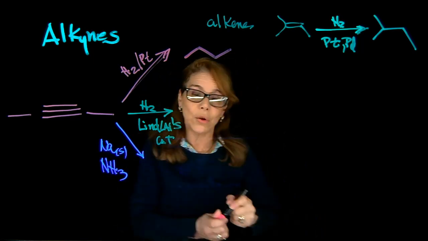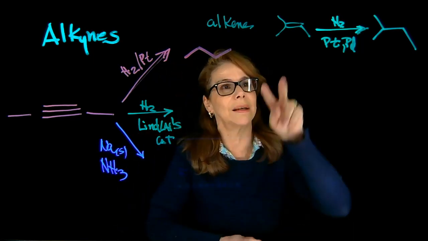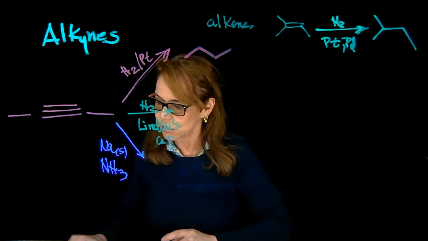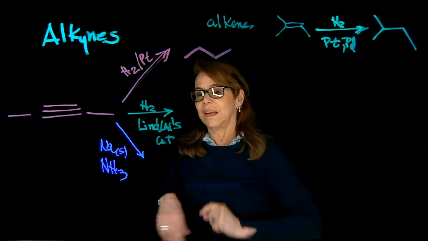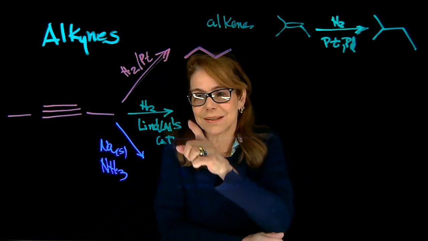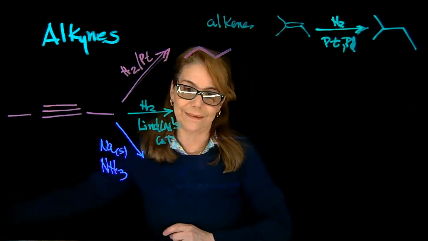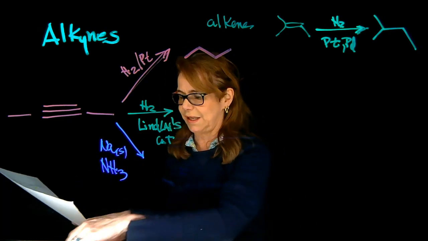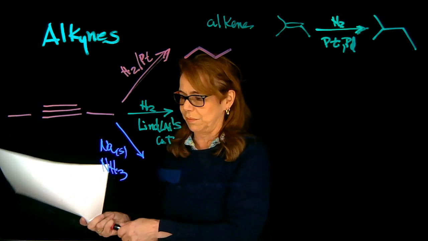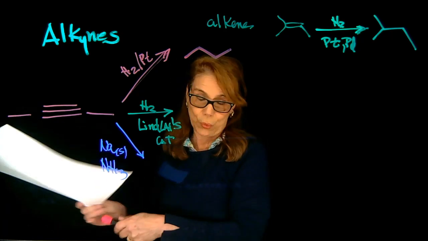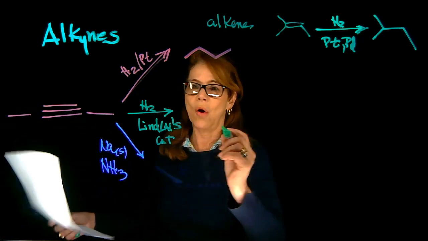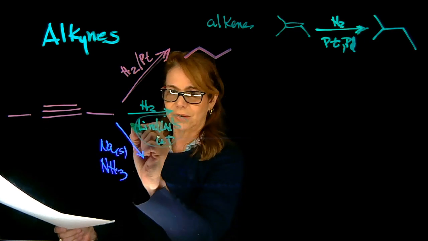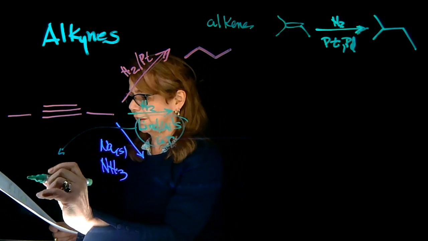Now, what if you wanted to have the alkene instead? There are a couple of conditions that we can use to do that. One is using a poison catalyst. And one poison catalyst that we have is Lindlar's catalyst. You may see this when you do problems, written as formulas. I'm going to write it down. What Lindlar catalyst is, so let me circle that. Lindlar catalyst will have